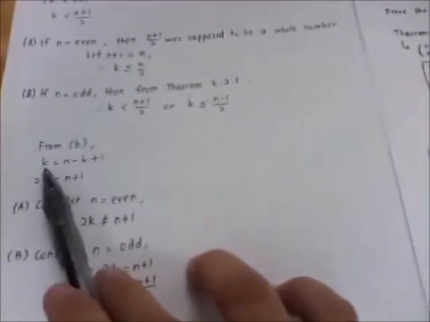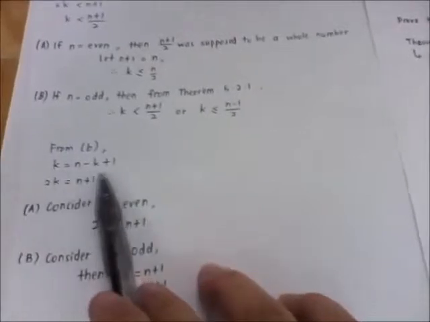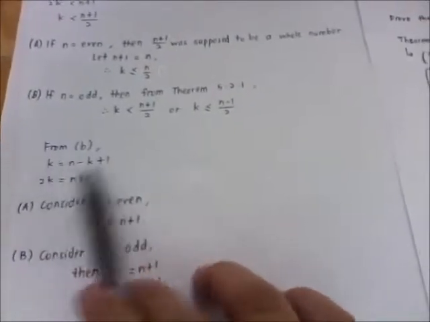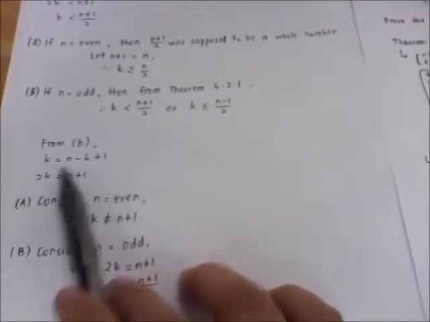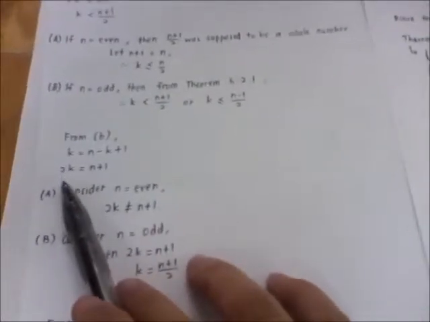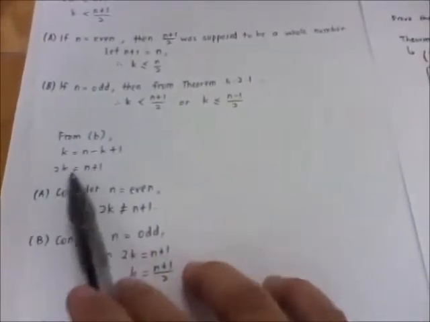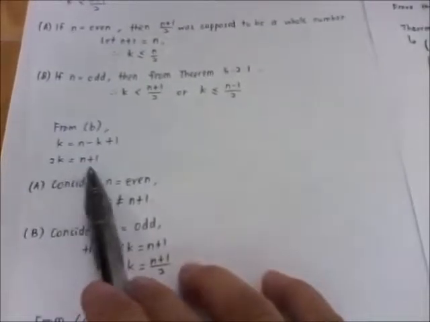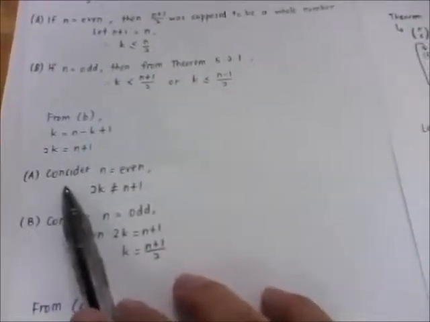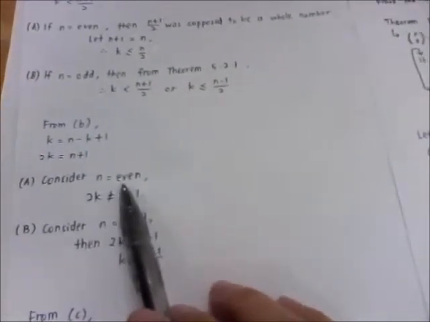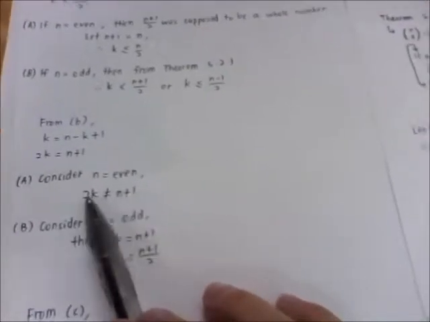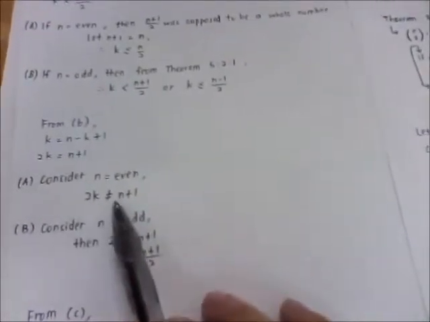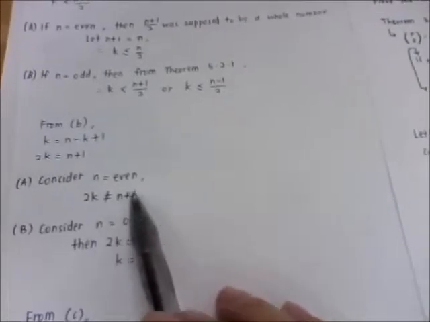So what if from B? From B just now, the B is k equal to n minus k plus 1. What if when it's the same or when it's constant? Okay, so we can solve this equation. 2k is actually equal to n plus 1. Now we consider the case of when n is even. Okay, when n is even, we can see that 2k cannot be n plus 1, because n plus 1 will be odd. So what this implies is that